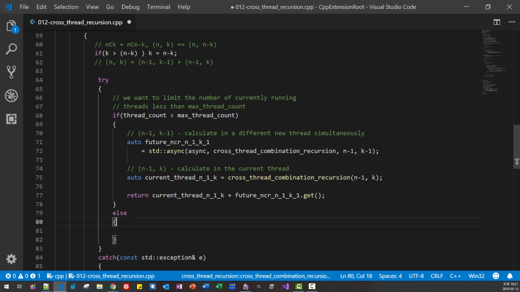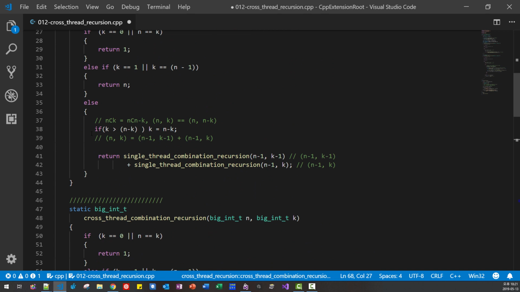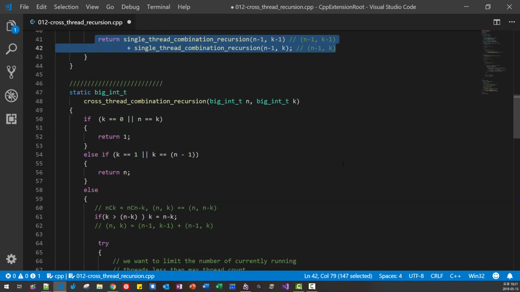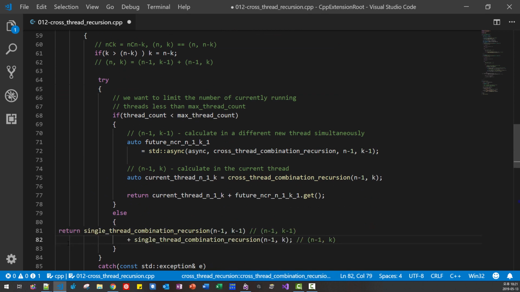Else, so we limit the number of thread count. This is the else case. Copy. I copied and paste.